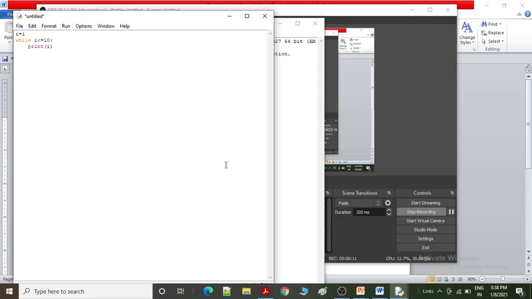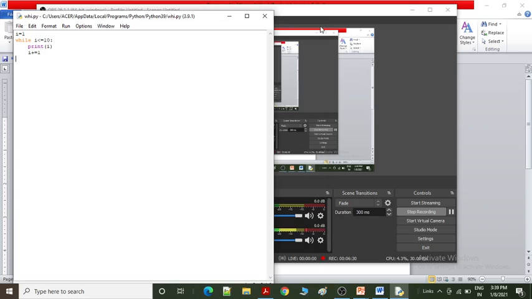Now again, i plus equals 1. So this is the statement, or we can say the program, of the while loop.